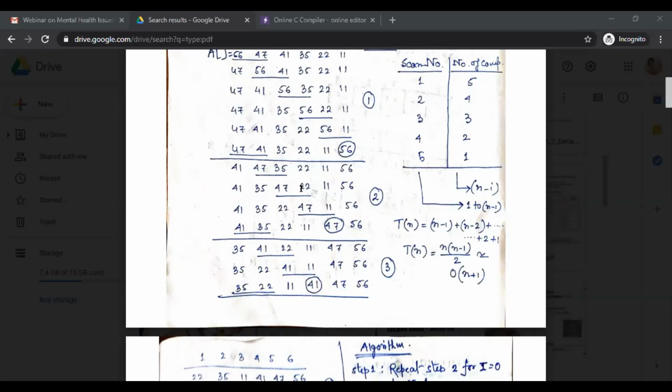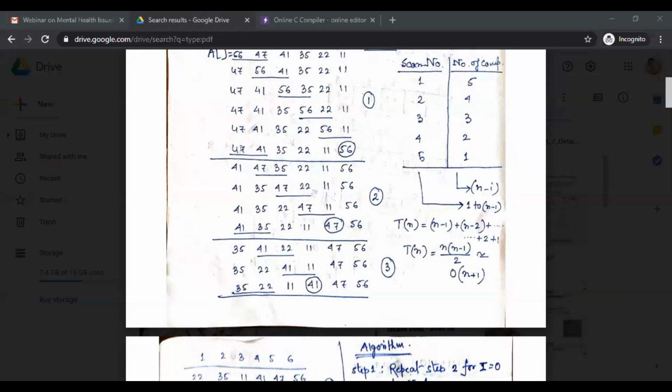Again the comparison between 47 and 22, 47 is greater, so interchange the position, and again 47 is greater than 11, so 11 and 47 are interchanged with each other. So we get the second highest element of my array. 47 is also placed in the second highest position of my array.